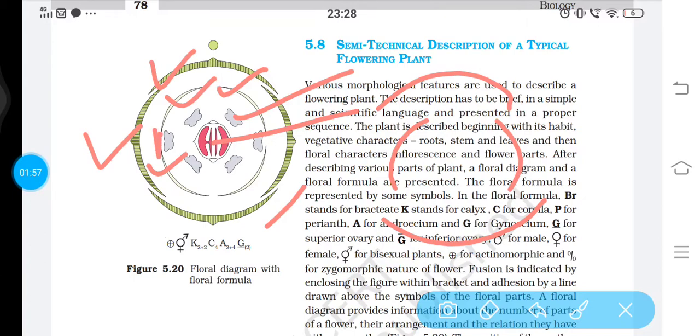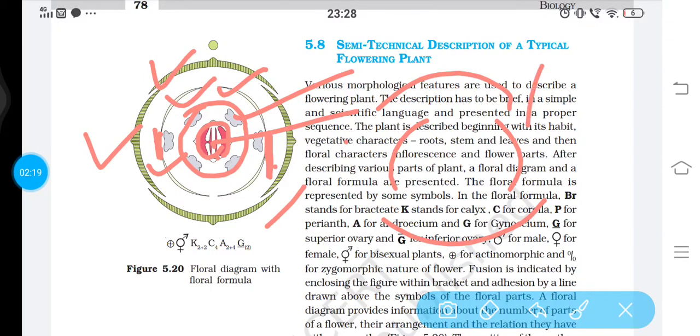We have to draw it here as per the position. Like here, two stamens or the androecium have the same position while the other four have another same position. So in that way it is represented here. In the center the gynoecium structure is represented, and inside that the structure of the ovary, the TS of the ovary, is represented.